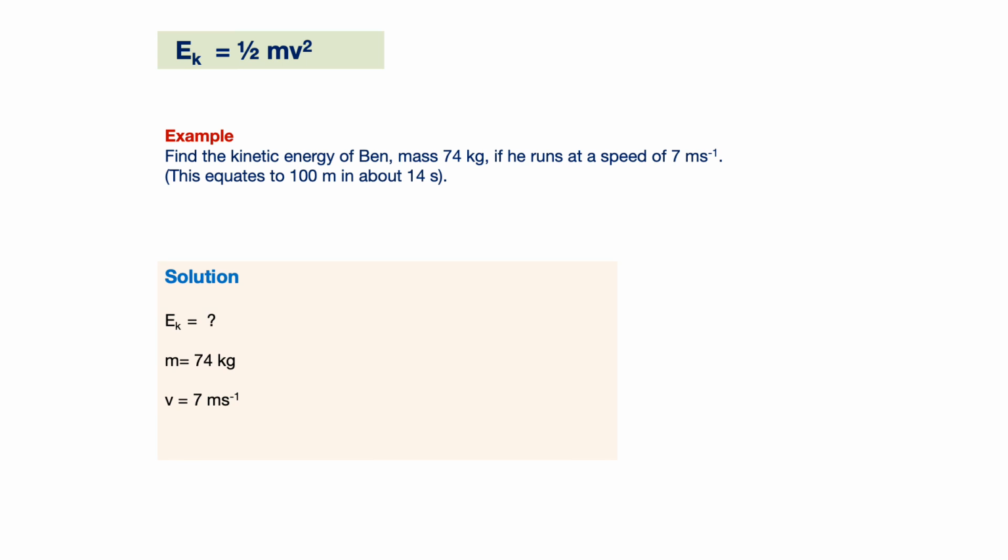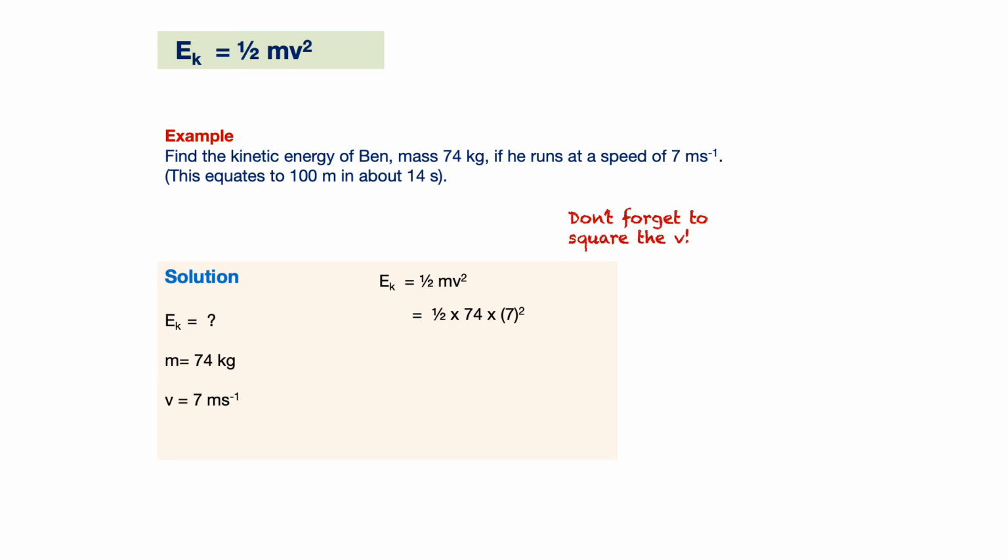We begin by listing the variables as always. Kinetic energy EK is the unknown, mass is 74 kilograms, and the speed is 7 meters per second. We then state the equation, substitute in our values, so half m v squared is a half times a mass of 74 times 7 squared. Now, important observation at this point,